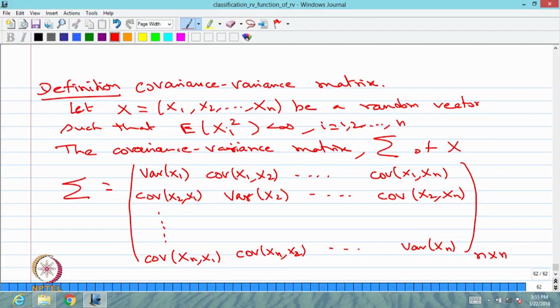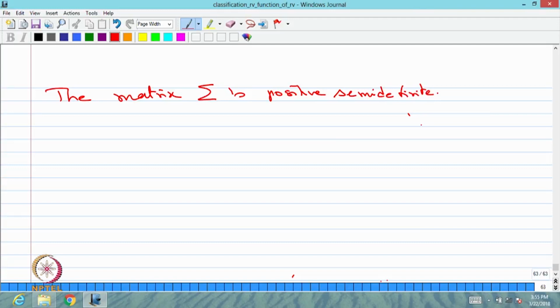So, this matrix has a very important property, that is, the matrix is positive semi definite. That means for any a1 comma a2 and so on an belonging to Rn,